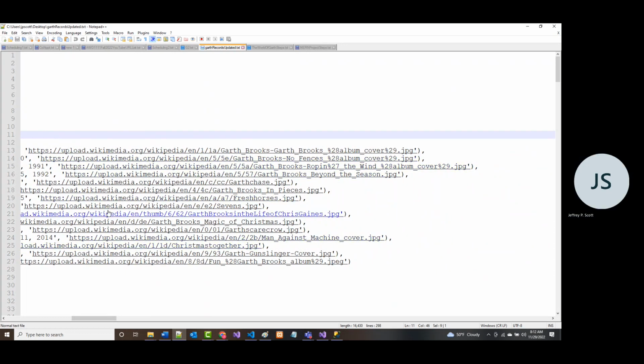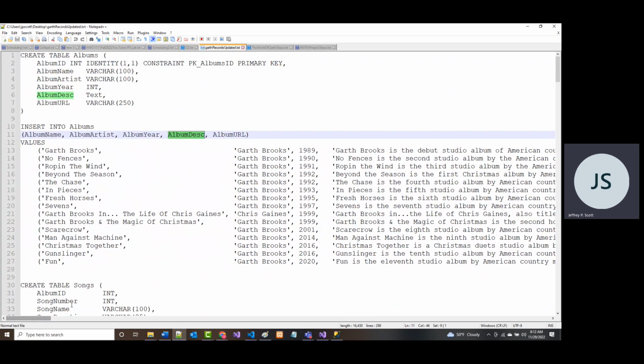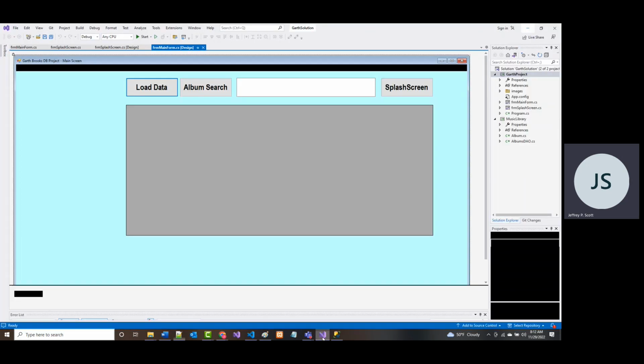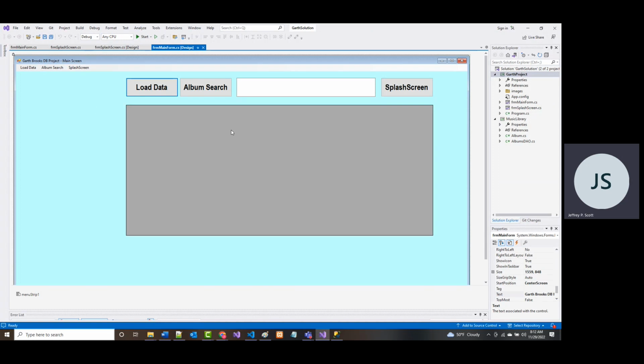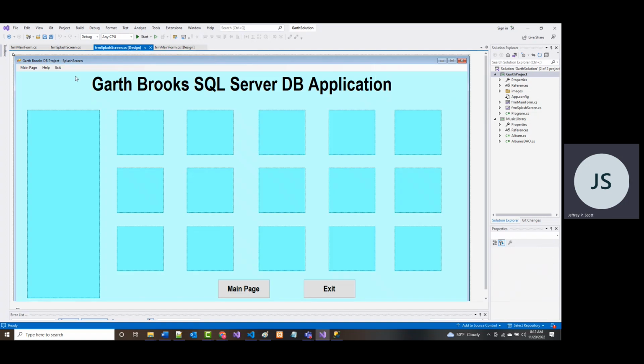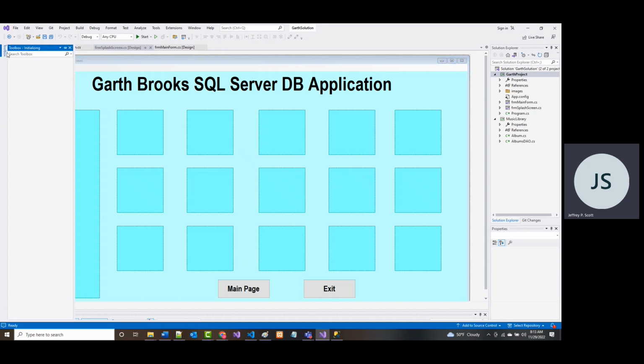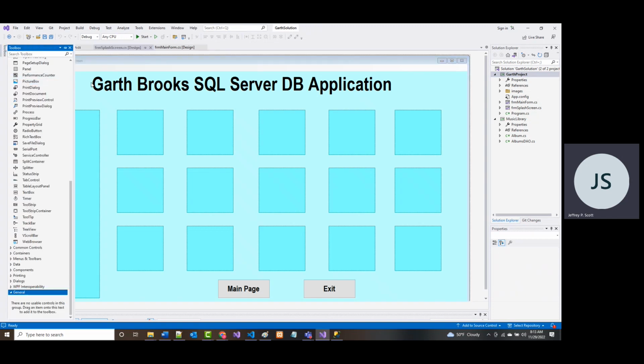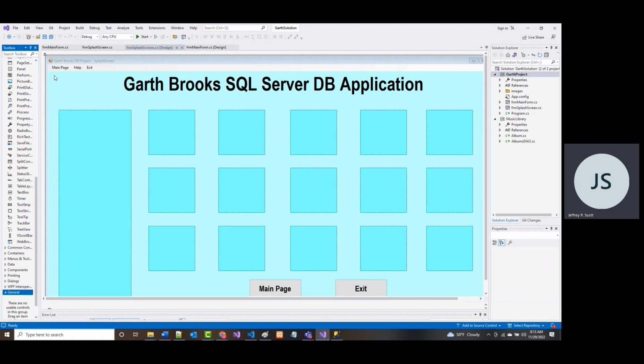All right. So again, I want to go back and I want to review one more time. Now I'm going to create, for lack of better words, a garbage database right now. All right. This is our second page. Okay. This is our home page. And we'll go on from there in just a moment. But I'm going to go over here. Normally here we have our toolbox. You already know this. All right, we pin that in there.